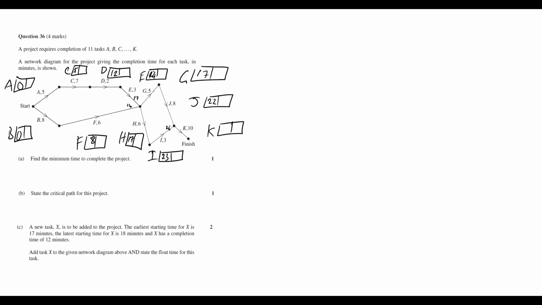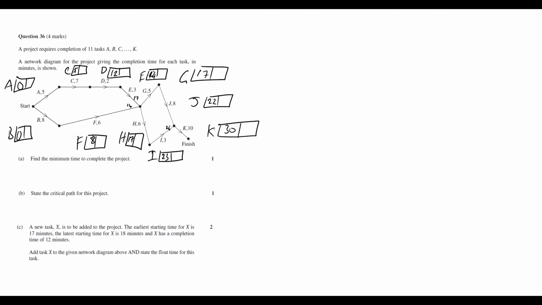But to get from the starting point of J to the finish point of J, just before we can start K, well, that actually takes 8 minutes. So that means that the earliest we can start task K is going to be 30. I'll make that a little bit bigger. There we are. So for us to actually finish, the earliest we can finish is now going